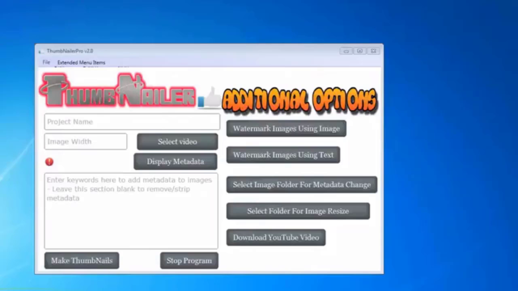Right now you're looking at the Pro version, and as you can see, the Pro version has a lot more power built into it. Obviously, this is everything that's in the standard version. Here's the additional that the Pro version provides. The first thing, where in this part we say, okay, let's select a video to get the clips from, but